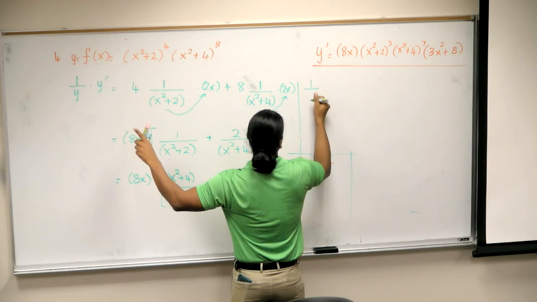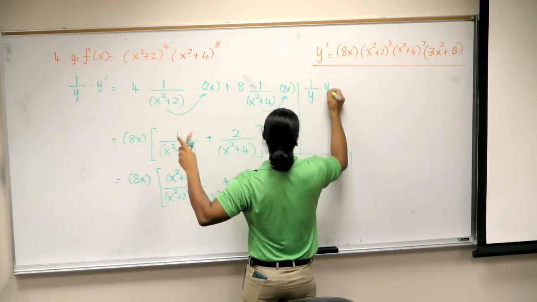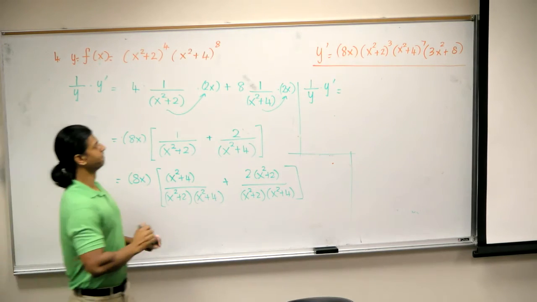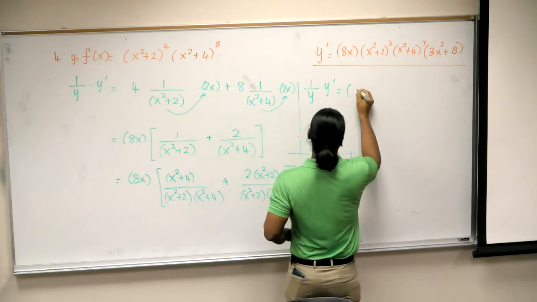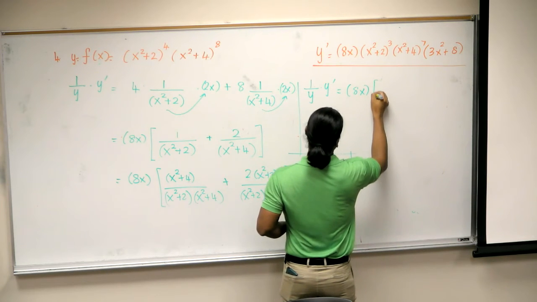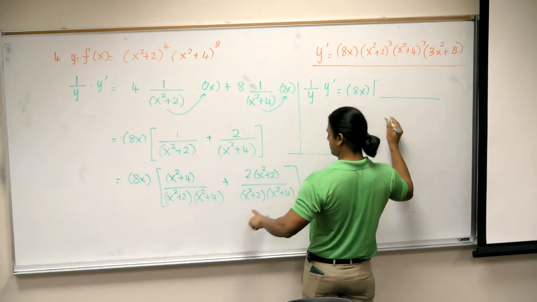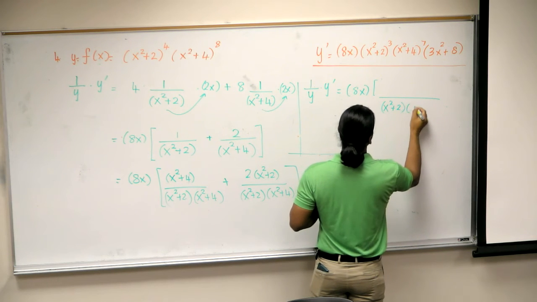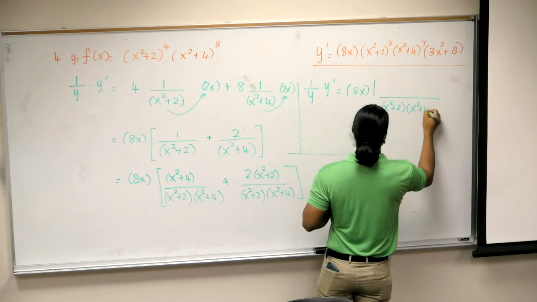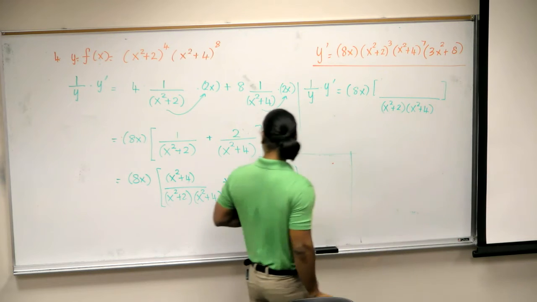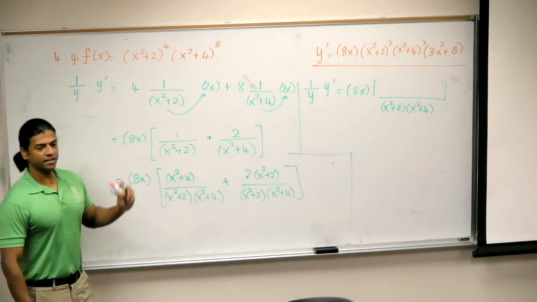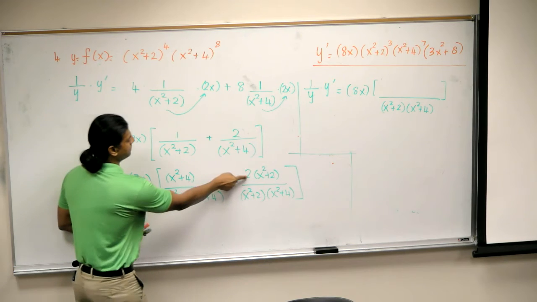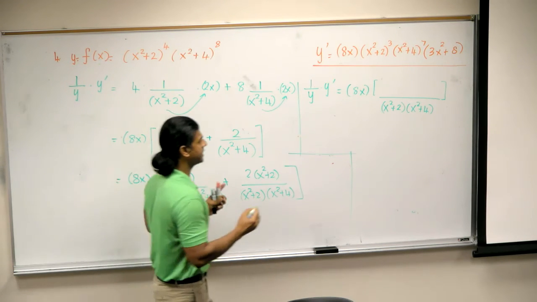On the left-hand side, 1 over y times y prime equals 8x over the common denominator, which is x squared plus 2 times x squared plus 4. What is in the numerator when I combine? x squared plus 2x squared, 3x squared,